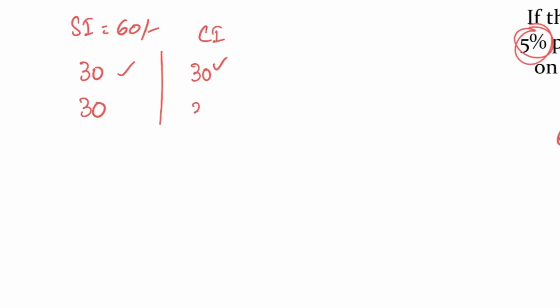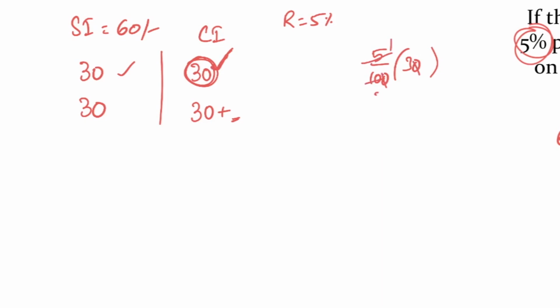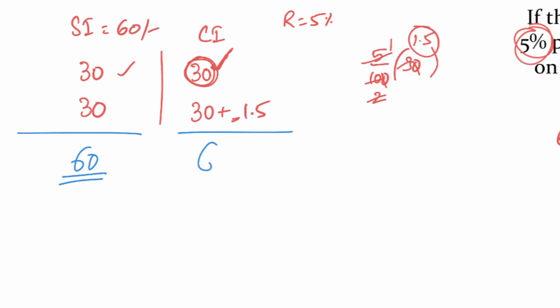And in the second year, in addition to the first year interest of 30 rupees, there is an extra value. How will you find that extra value? We know that the rate of interest is 5%. So calculate 5% of the first year interest. We are getting extra compound interest because of the first year interest. So 5% of first year interest is 0, 0 cancel. 5 2 times, 2 1.5 times. So an extra interest of 1.5 rupees is obtained. Now by the time 60 rupees is obtained using simple interest, you can get 61.5 rupees compound interest. Either you can use the formula or you can use this logic.